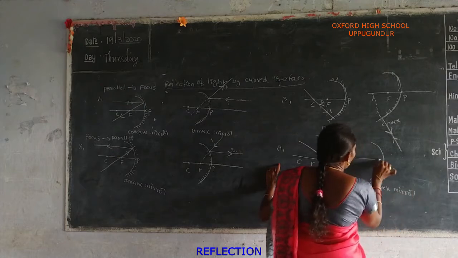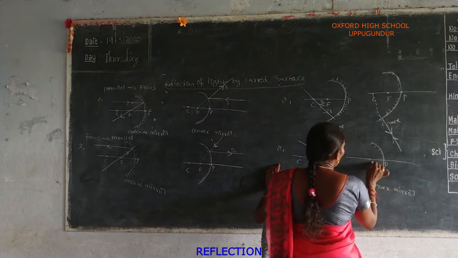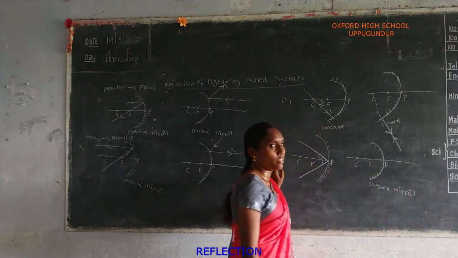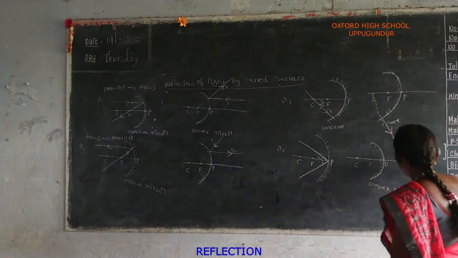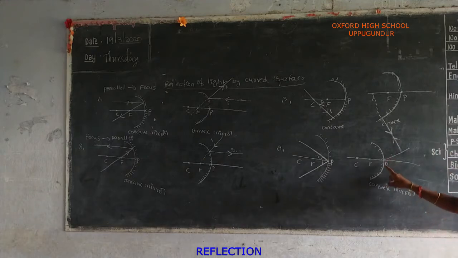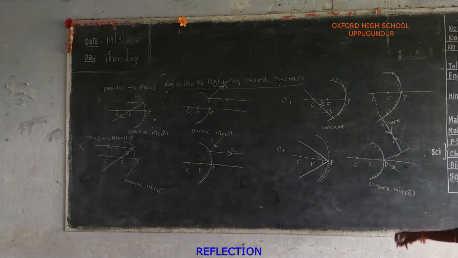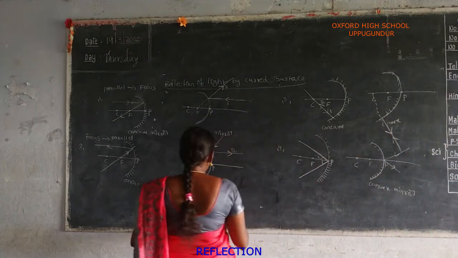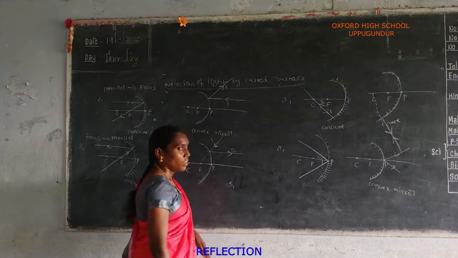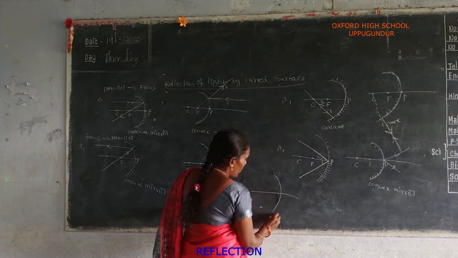Convex mirror. This is inside coating, pole, focus, and next center of curvature. Here, any light ray which makes a certain angle with the principal axis and is incident on the convex surface, the reflected ray makes the same angle with the principal axis. This is rule number 4. And next, one more rule is there, that is the fifth one. The first here, this is the concave.